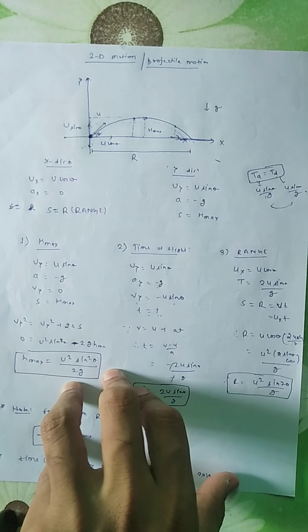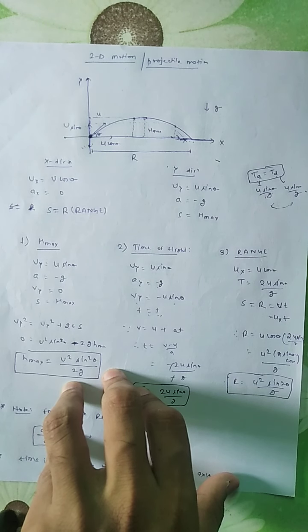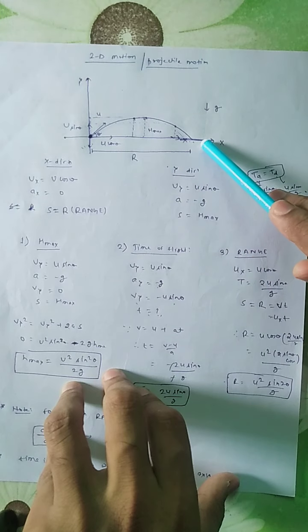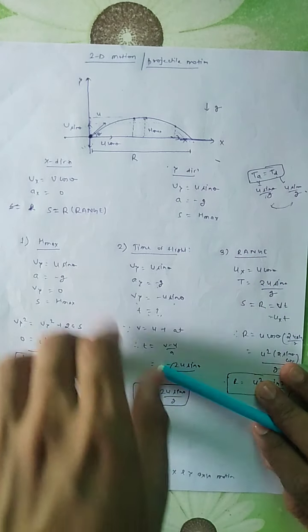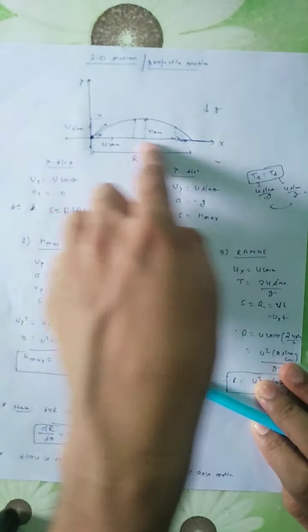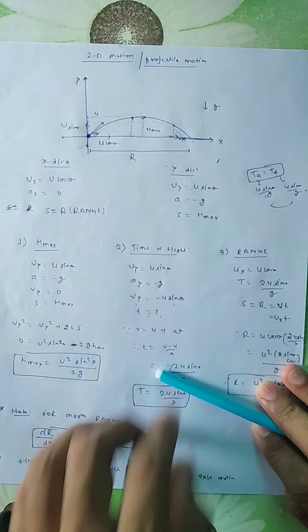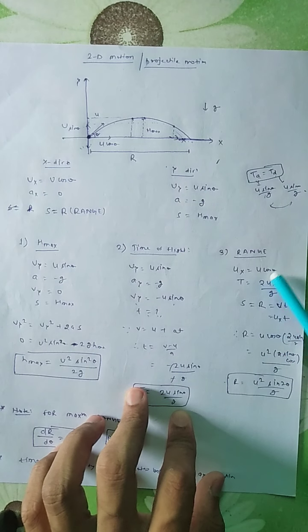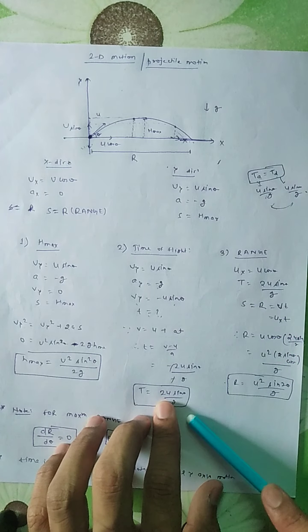In practical examples we have also heard that different missiles have different ranges. Range is the length covered horizontally by that missile. Similar is the condition here. For range you have to consider the x direction motion. So you can see here ux is equal to u cos theta, and time is equal to 2u sin theta by g, as you found earlier.